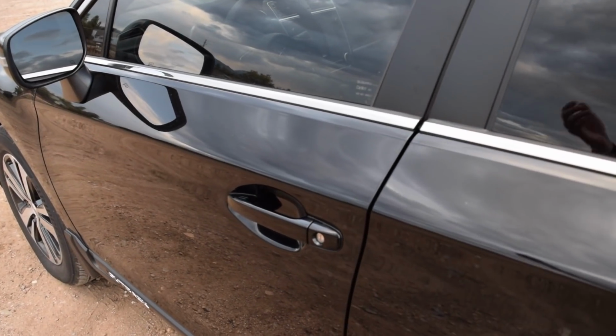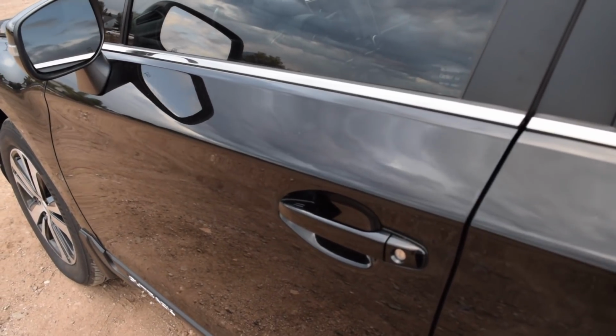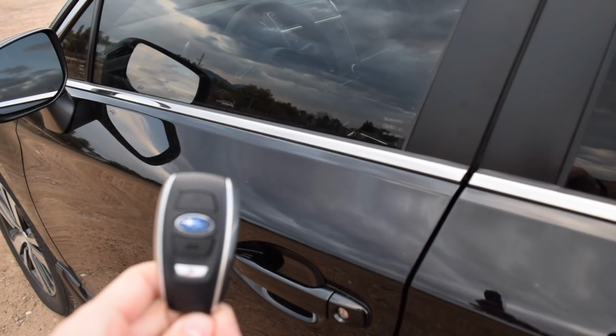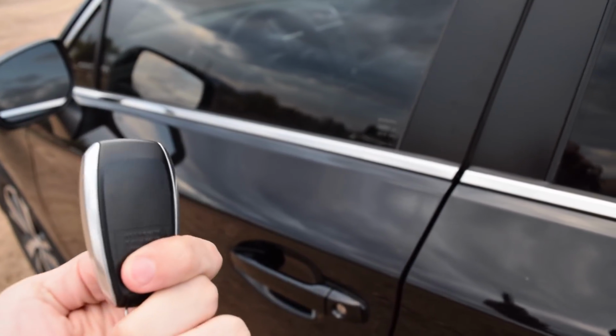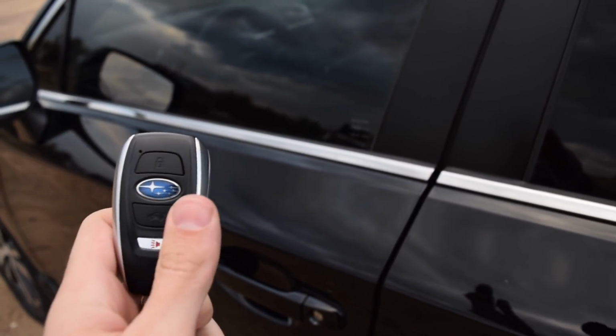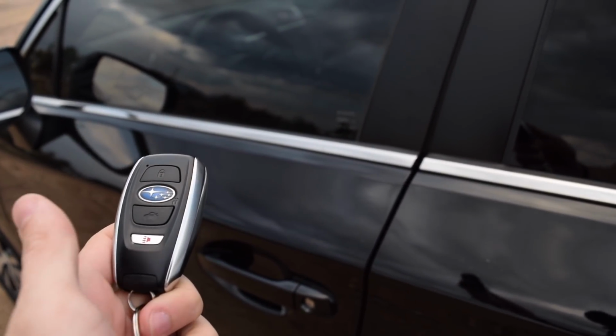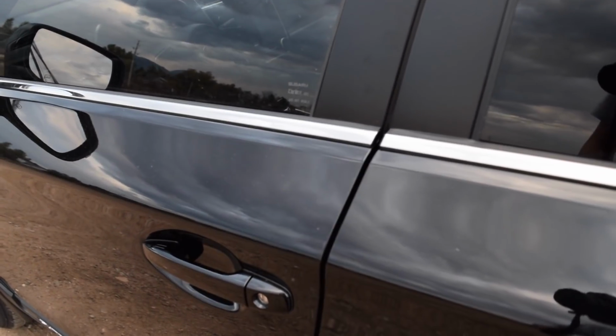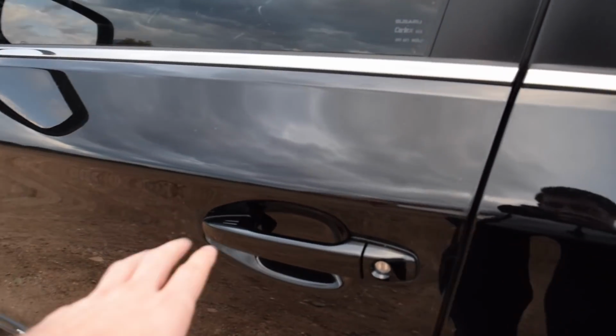Now, another feature of the Limited, it comes with the push to start, like the wireless key access system. So you'll see the fob here. Pretty nice looking. It's very simple. It's pretty streamlined, which is nice. So when it's in a pocket, it's nothing crazy. You have lock up top, middle, unlock, and then your trunk release, which is power, like I was saying down below. So by having this in your pocket, purse, anywhere basically within proximity of the sensor here, you can lock